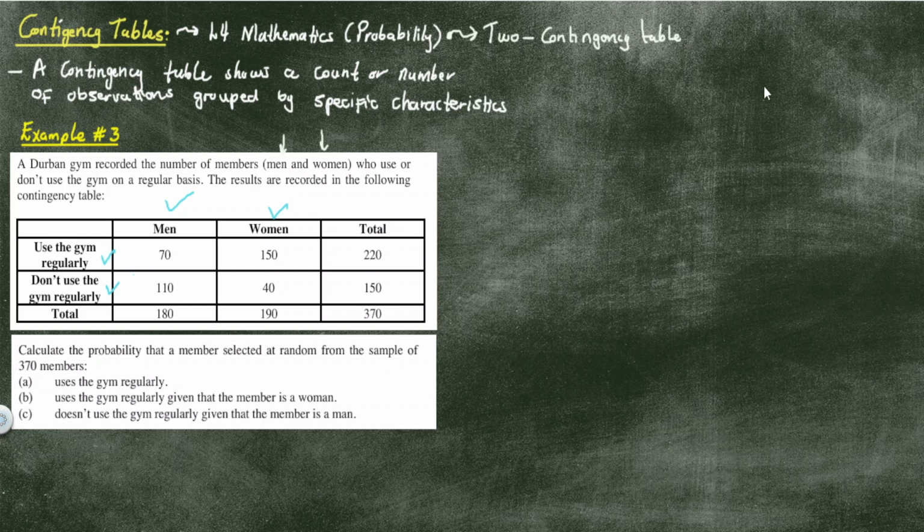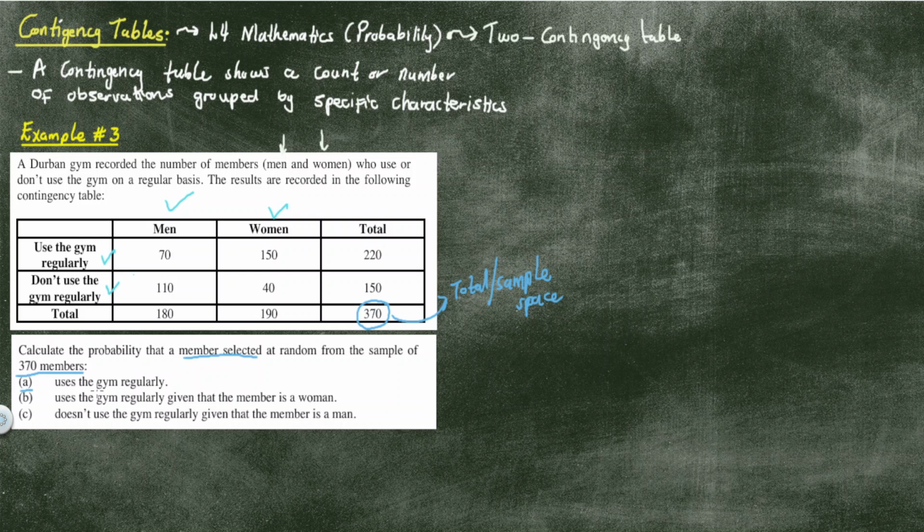Now, at this corner, the bottom right, this is always your total. It's always the total number. In this particular survey, it's all the people that are under the survey. This is your total or your sample space in terms of our probabilities. Now, they want us to calculate the probability that a member selected at random from the sample of 370 members